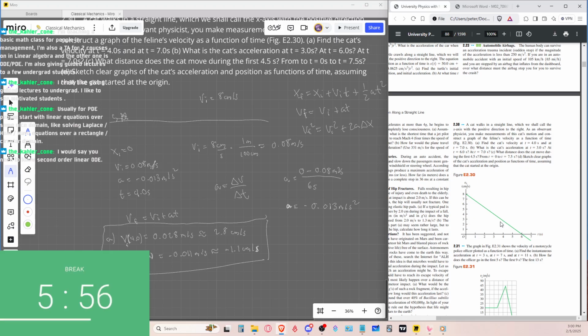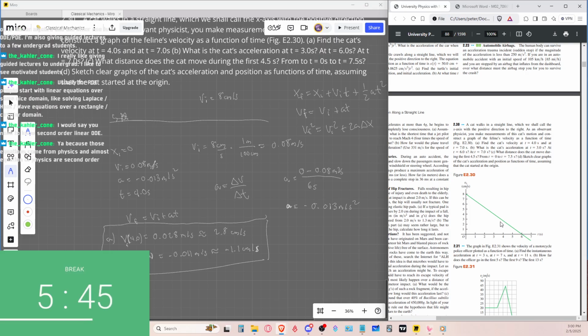I think with partial differential equations, that's when you actually feel like, oh, I'm tackling some really awesome math. Yeah, because those equations come from physics, and almost all equations in physics are second order. Oh, okay. All right. So maybe further down the line, actually,